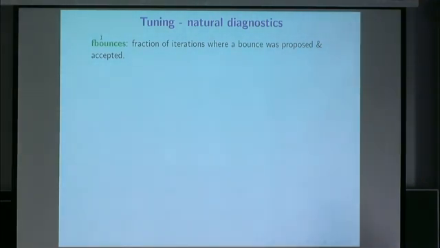All right, what diagnostics am I going to use to tune this algorithm then? So F bounces. You've done 10 to the 5 iterations. You had 1,000 delayed rejection steps, and 100 of those you actually rejected even the delayed rejection, but 900 you accepted and you did a nice bounce. So the fraction of bounces would be 900 over 10 to the 5. Just how many of those iterations did you even try and do a bounce and actually succeed? So fraction of rejects is the one where you tried to do a bounce and you rejected it.